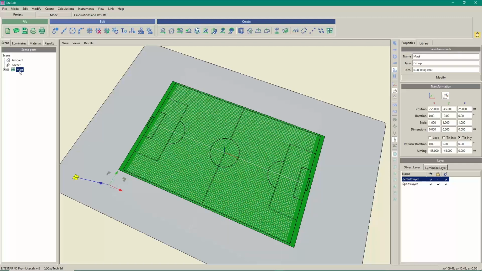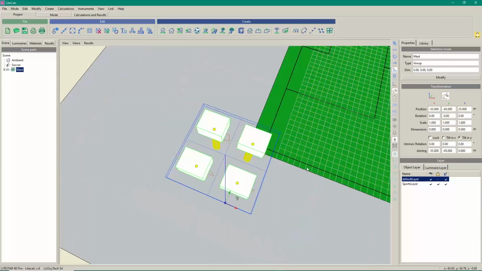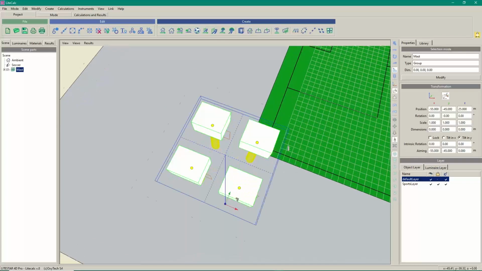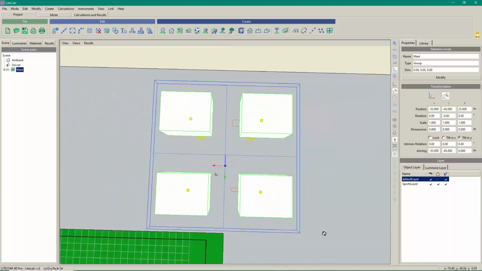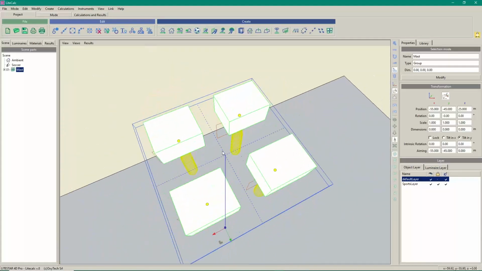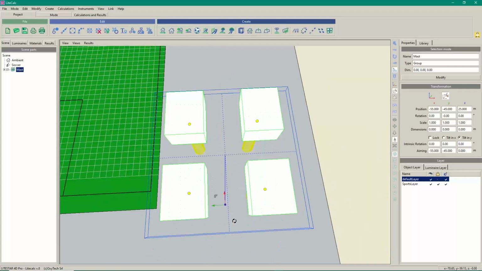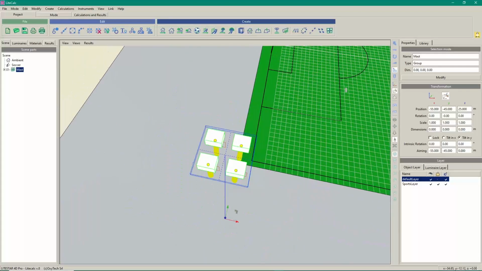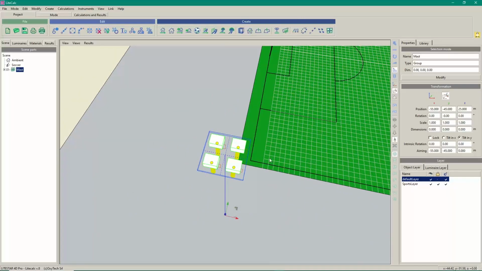So we select the high mast, we press this icon over here, scale, and automatically you can see that even the rotation will be done along the central axis, the vertical axis of the selected object. So let's turn it. And now we want to tilt,